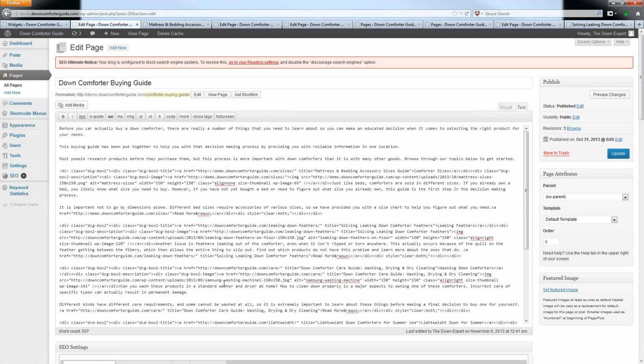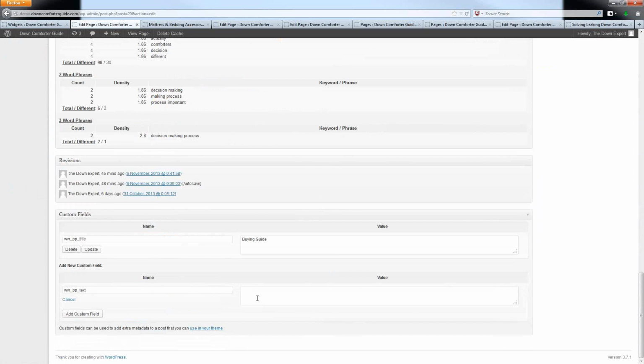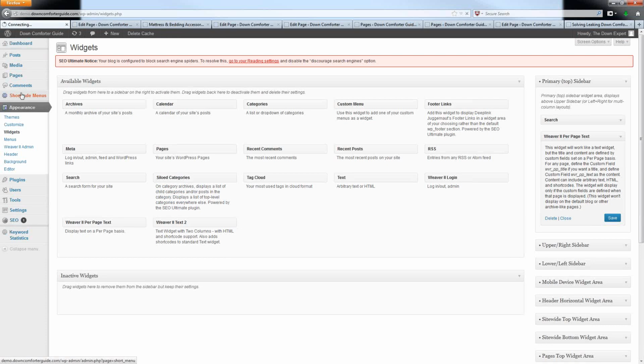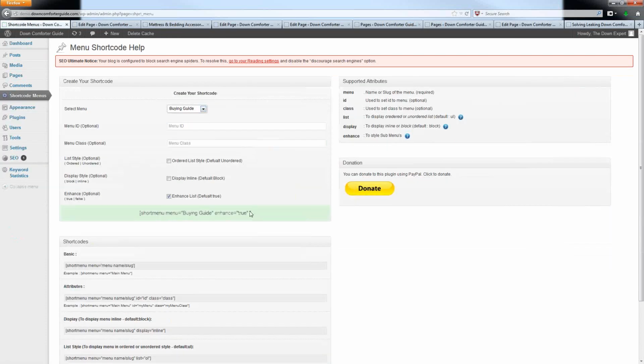I don't want to be entering in custom HTML coding right here, because this menu is going to get repeated a number of different times on my site. It's not just going to be in one location. So to accomplish this, I am using that shortcode menu from this plugin that I was just showing you guys before. This shortcode menu right here, I just copy this for the buying guide menu,